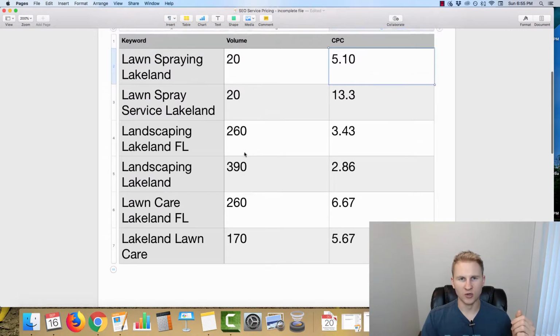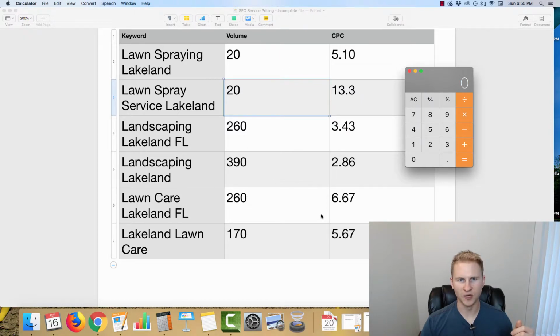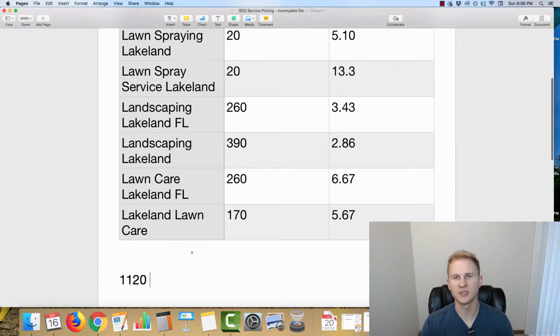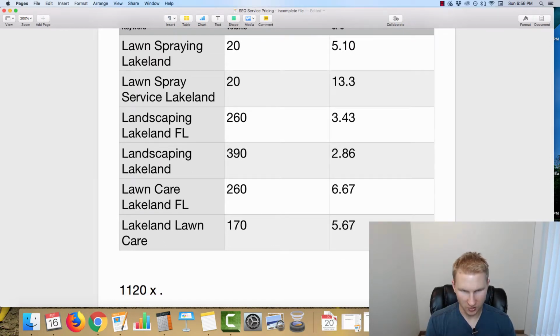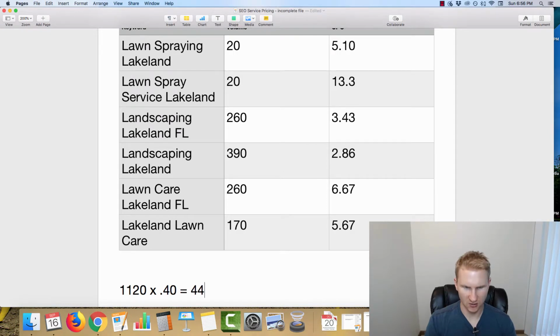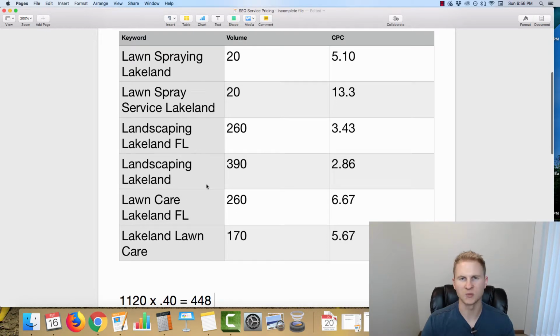So what we're going to do is basically just run the math on this. We're just going to add up the volume here: 40 plus 260, 170 plus 260. Okay, so 1120 is what our total search volume is across all of these keywords. So we are going to immediately drop that down to 40% of that traffic, and we're going to arrive at 448 searches each month for these keywords for our client, and that's on average what they can expect for traffic